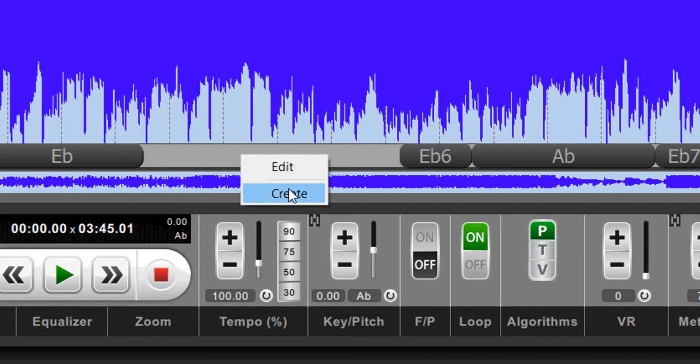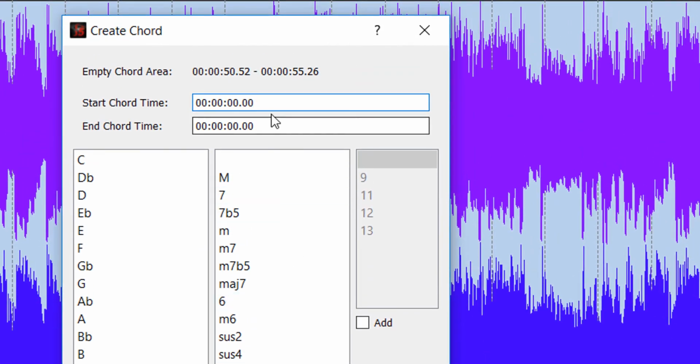Now when you right-click, you have the option to create a new chord. And in this new chord, you can actually control the placement of it. So you can see that the empty chord area is at 50 seconds, 0.52 to 55 seconds, 0.26. So we could put one chord in, we could put two chords in, we could put three chords into this chord area. So let's go here and say we're going to start this chord at 50, 52, and we're going to run this chord to